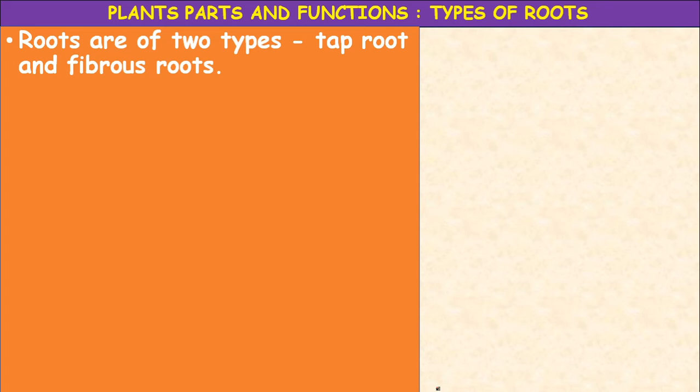A simple activity. Children, you can divide among yourselves into small groups of 4 to 5 students, under the guidance of your teacher. Select 2 weeds. Weeds means unwanted plants, the plants which you commonly find everywhere. Select 2 weeds of the same kind and dig them out. Take care that their roots do not break.